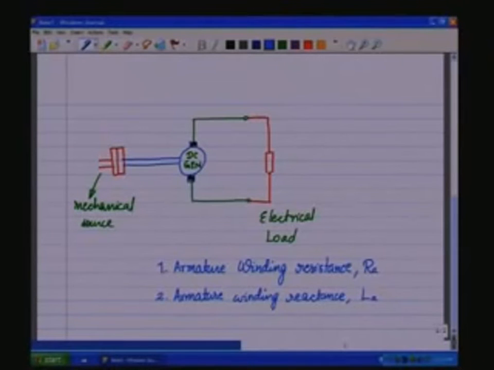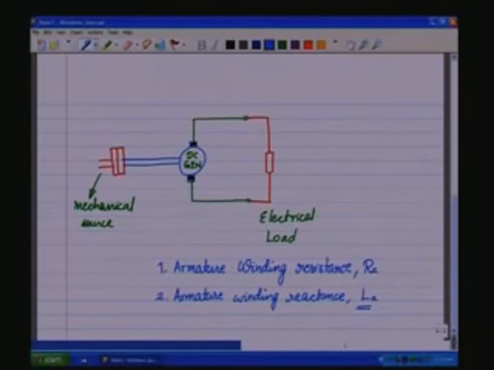If on the electrical side the voltage is DC and the current is DC, there is no dynamics involved, and the reactance component does not come into the picture because omega is 0, omega L is equal to 0. But whenever there is any step change in the load, a change in the excitation, or a change in the generated EMF, any change is going to cause L di by dt, and that counter EMF, or that L di by dt portion, is going to lead to a dynamic situation, and during those conditions LA will come to play a role.